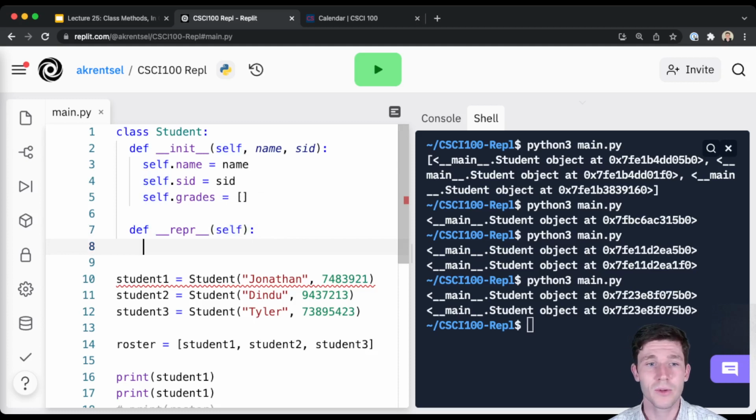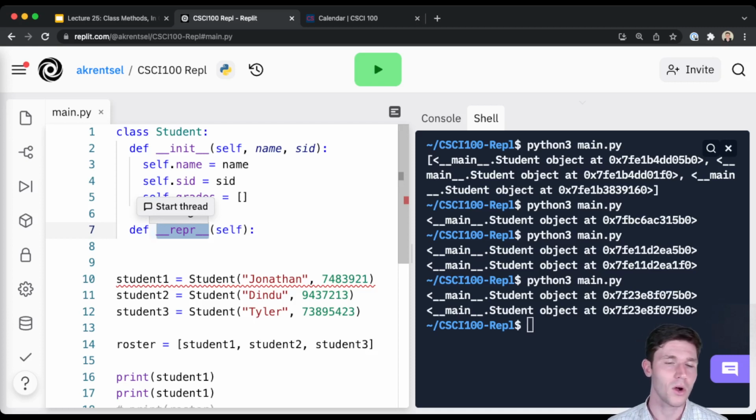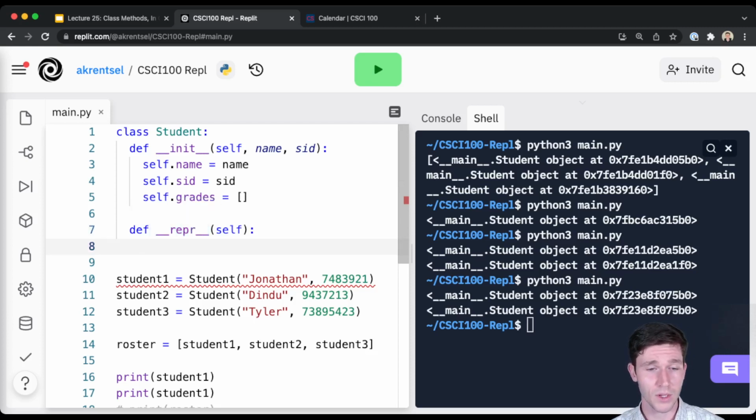And what it does is whatever this returns is how we represent, which is what repr is short for, our object with a string. So repr is a method that returns a string that's used to represent our object when we want to print our object. And so if you ever want to have your objects make more sense when they're printed out, you can create a repr method just like this, underscore, underscore, repr, underscore, underscore, and return the string that you want to be returned. So perhaps what I'm going to return is